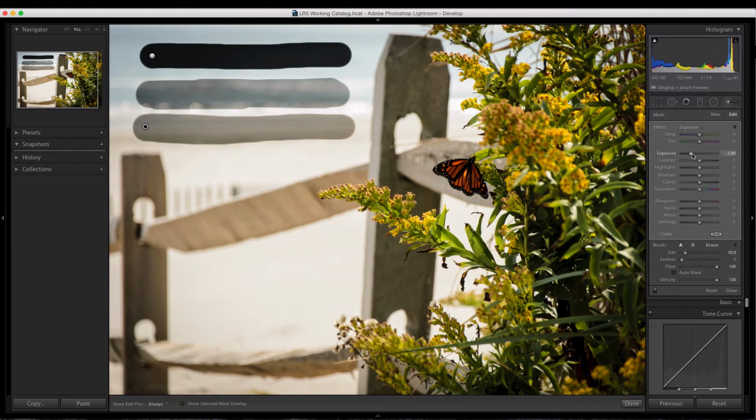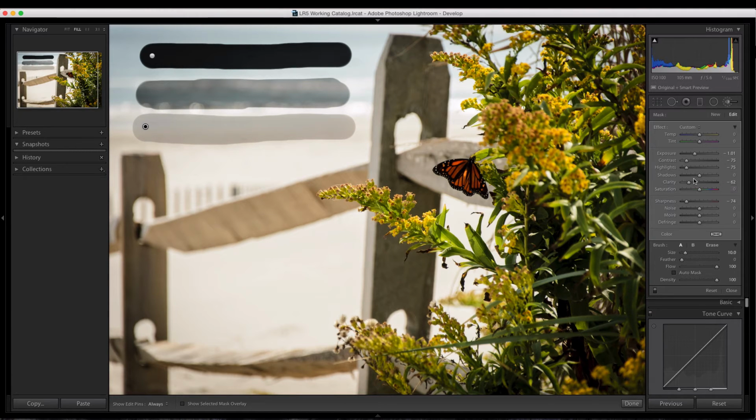Why not just change my exposure value down to a -2 and control it that way? That's a really good question. When you only use one slider, it's pretty easy to do. You create a new brush, move the slider to where you want it, and you're fine. But when you have a more complicated brush that might have more options, more changes that you're trying to make to the image,